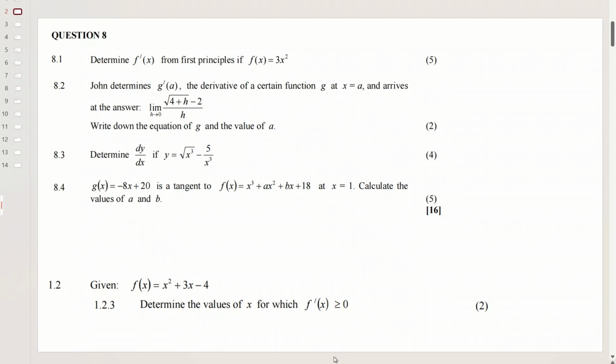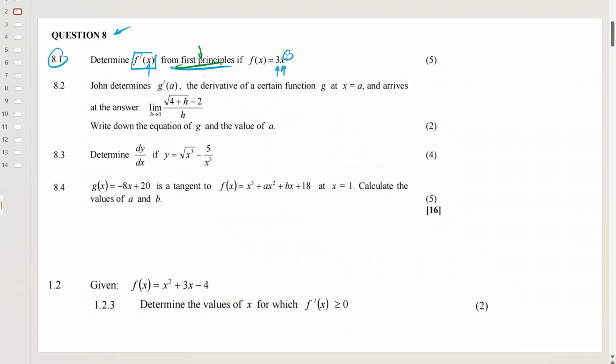Alrighty. So now, starting with question 8, and this is 8.1. They say that we have to determine the derivative of our function f of x from first principles if we are given what? A function f of x which is equal to 3 multiplied by x raised to an exponent of 2 there. So guys, every time you hear "from first principles", it means you have to use the long